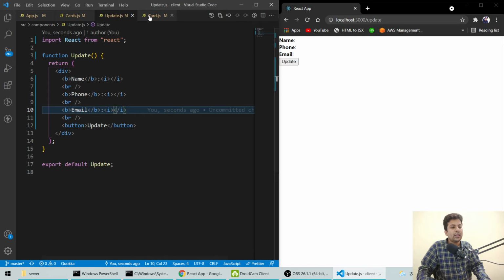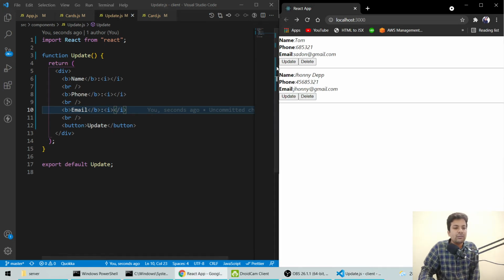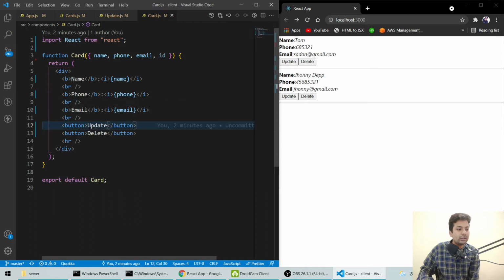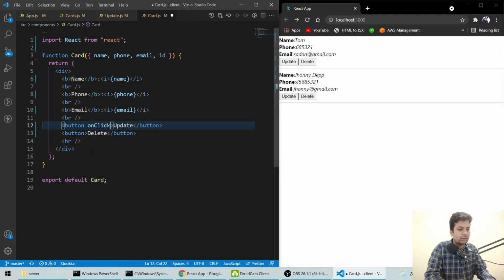But I want that whenever someone clicks on update, data should show up. I should redirect to that page and data should show up. For that I have to make a function here that sends to that page. So I'll come into card and I'll say onClick, and call a function.